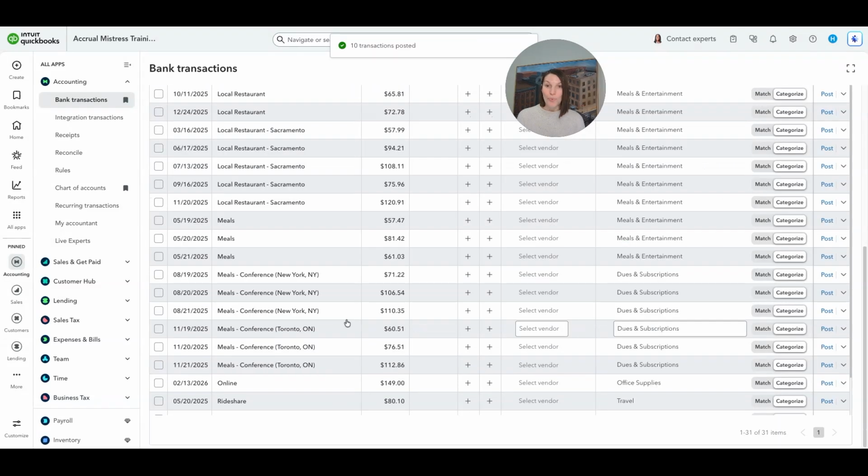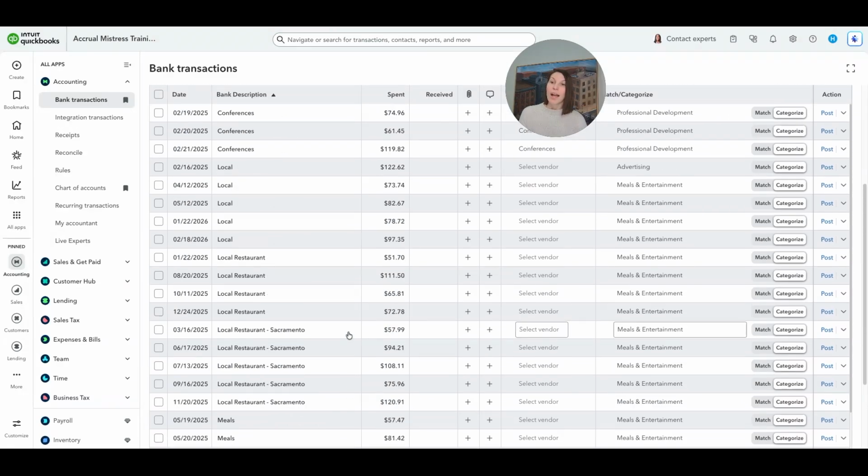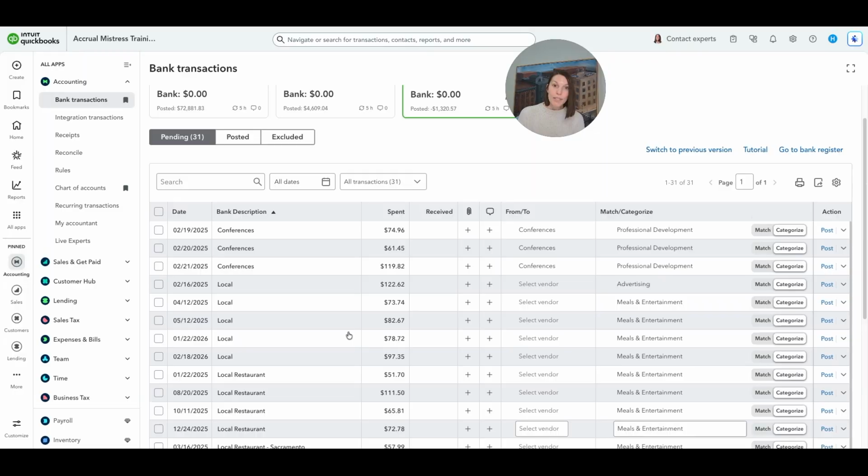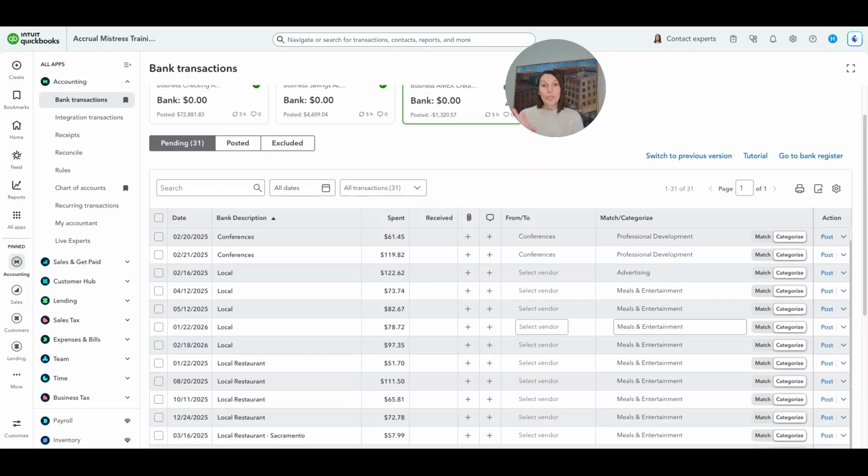And now, based on that bit of work, what we are left with is 31 transactions left to classify. Now, it looks like to me there are some where I could still work through and create some additional rules, which I may very well do, but don't be surprised if as you whittle this down, there are transactions that just take a little bit more effort, okay? You might have to do a little bit of research and find out what the transaction was for. You might have to go into Amazon and see whether or not it should have been a cost of goods sold transaction versus office supplies. You might have to do a little bit of research and digging,